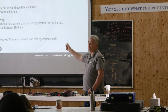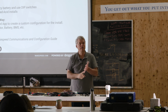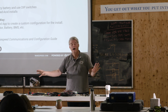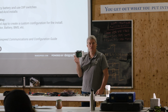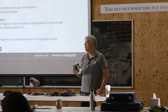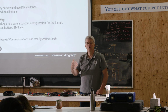Providing, if you'll remember the other day, we talked about the defaults we use for the alternator. If those match your needs, 100 degrees C, 90% drive, if those are within the criteria of your alternator, that's literally all you have to do. The Wakespeed regulator will recognize that there's somebody smarter than it out there. It will do its color shift to orange, yellow, and start following the BMS,